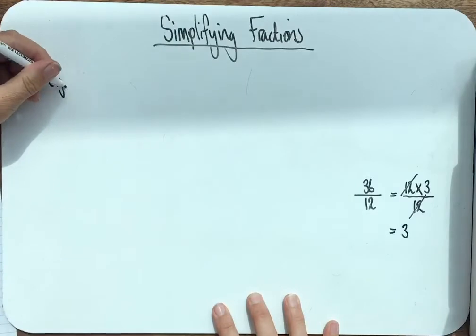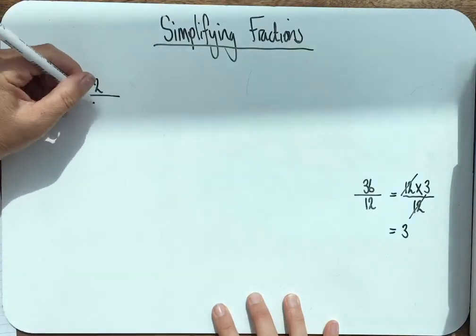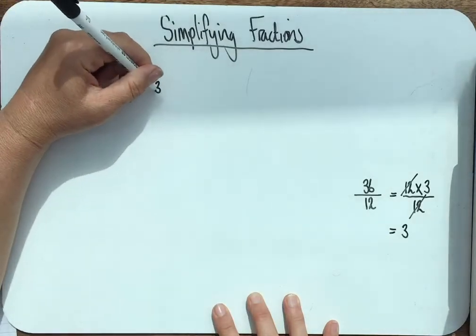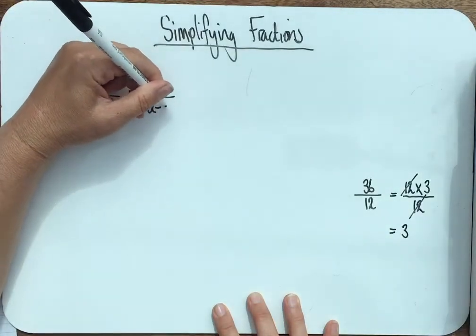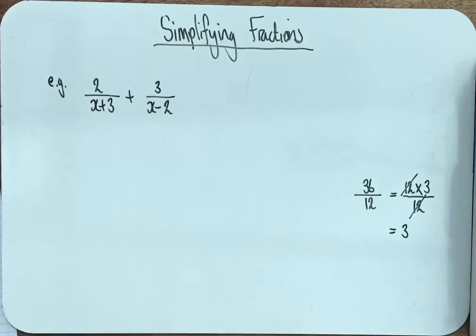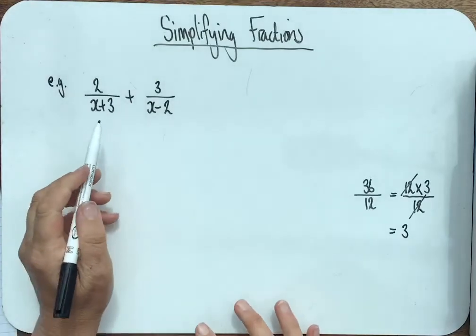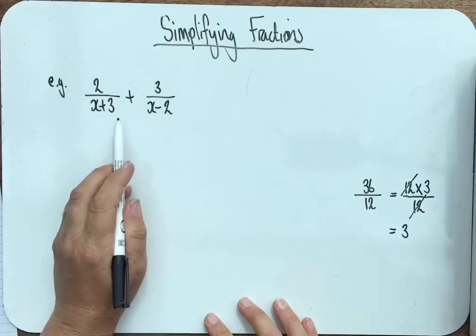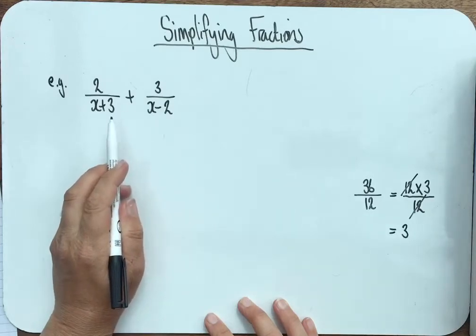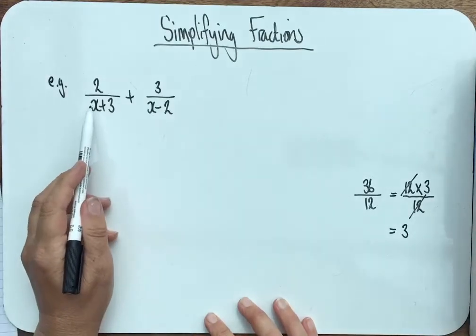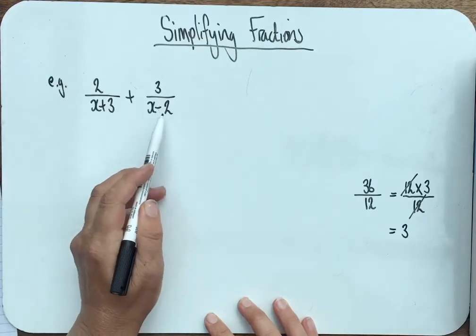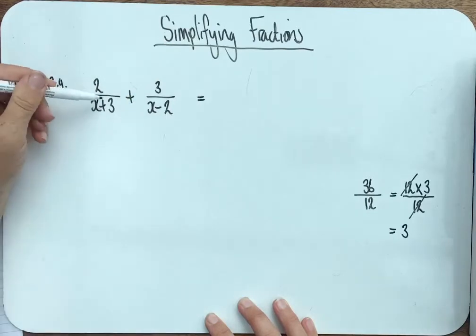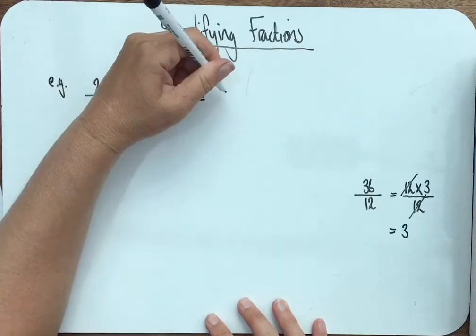Same thing happens with algebraic fractions. So as an example, we've done quite a lot of fraction work. You should be relatively happy with it. These two, there's no lowest common multiple except by timesing x plus 3 by x minus 2 and x minus 2 by x plus 3. So if I multiply top and bottom of this one by x minus 2,